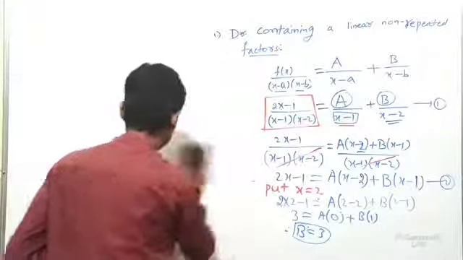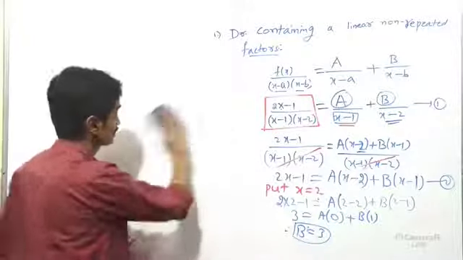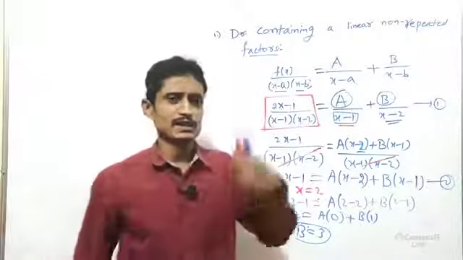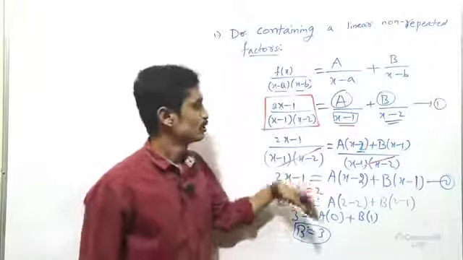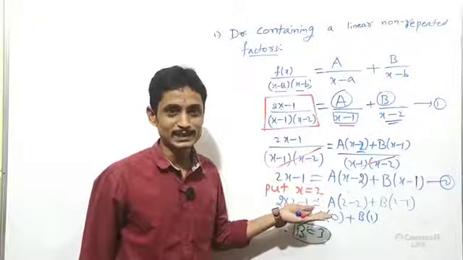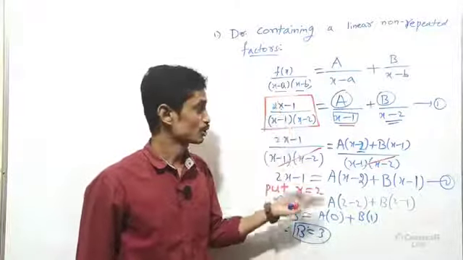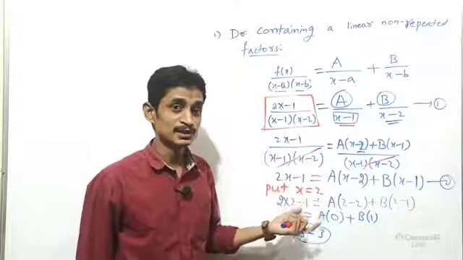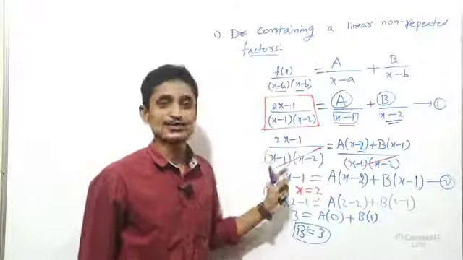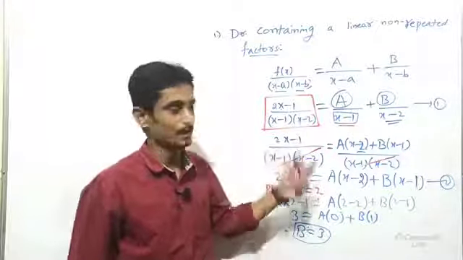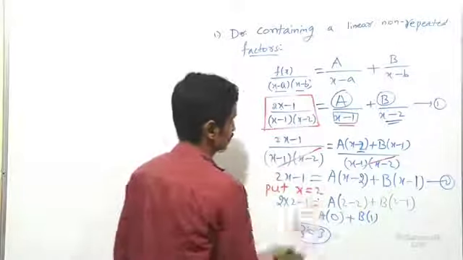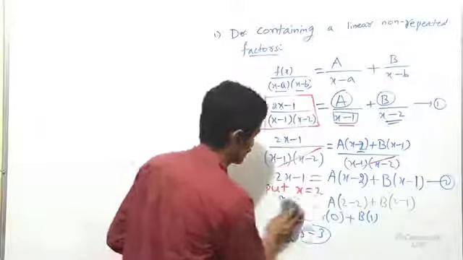So now look at method number 3. Method number 3 is the most important method. In all types of problems we can apply method number 3. Method number 2, in some problems, is not applicable. Method number 1 is also not applicable. Method number 3 is the most standard method, a little bit lengthy, but in every problem we can apply it. Let us see about method number 3 from here onwards.